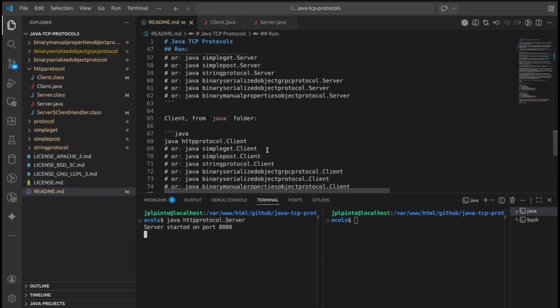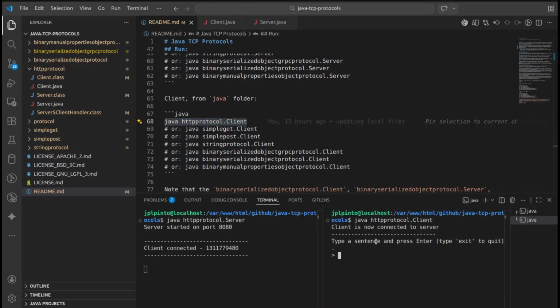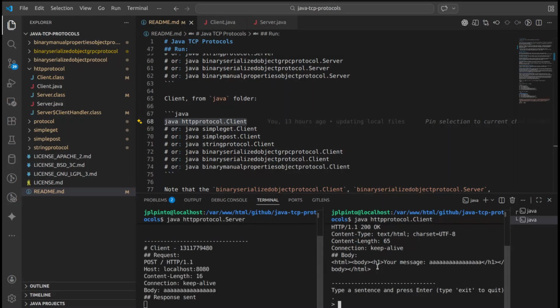We start the server, always the server first, then we start the client, and in here the client was already connected before the user put some input. After the user puts some input it will not connect anymore, it will use this connection here. So automatically